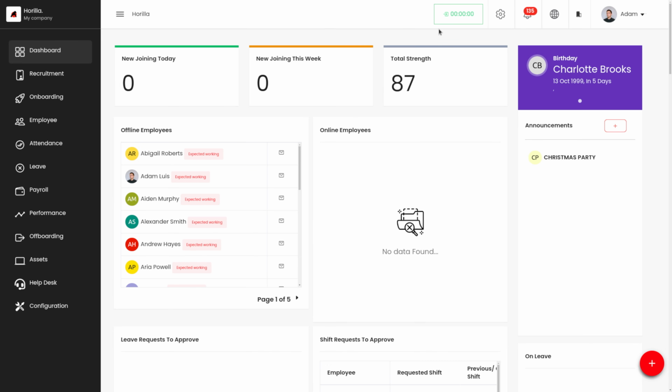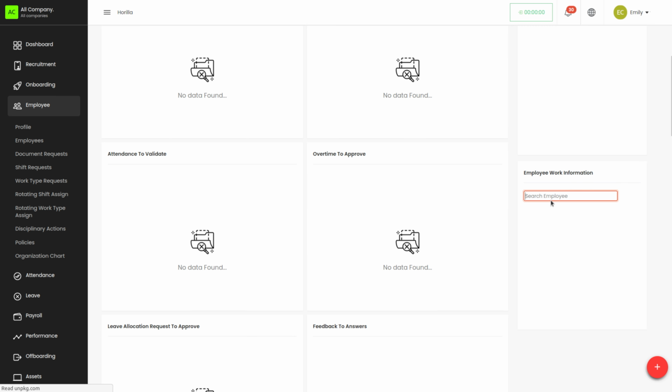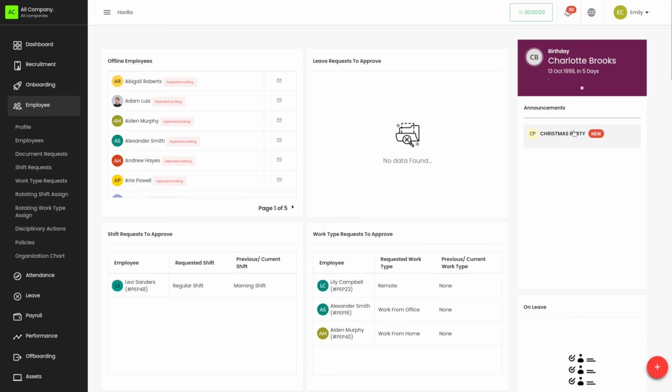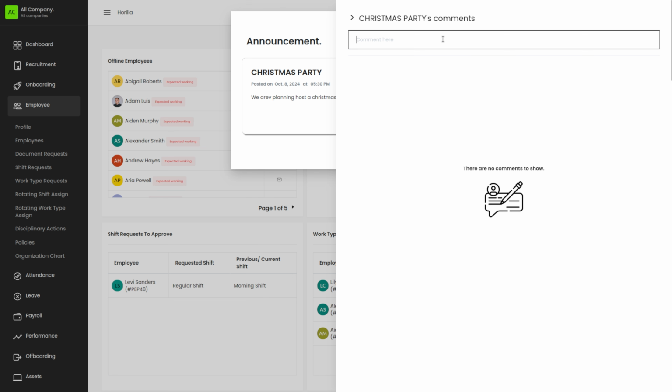So at the user level, that is for a normal user, this is the dashboard, the employee portal of Emily Clark, and in her dashboard, she can view the announcement. So let's refresh, and we can see that the announcement has been added to the dashboard over here. From here, she'll be able to view the announcement. She can view the title and all, but she does not have access to edit or delete the announcement. And since we have not checked the disable comments option, the employee will be able to post comments over here. Like this, she can post the comments,